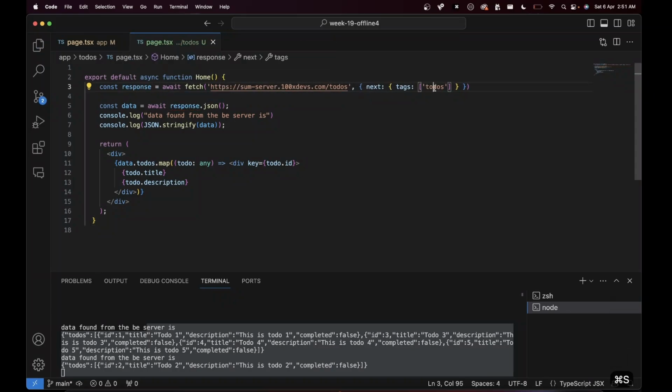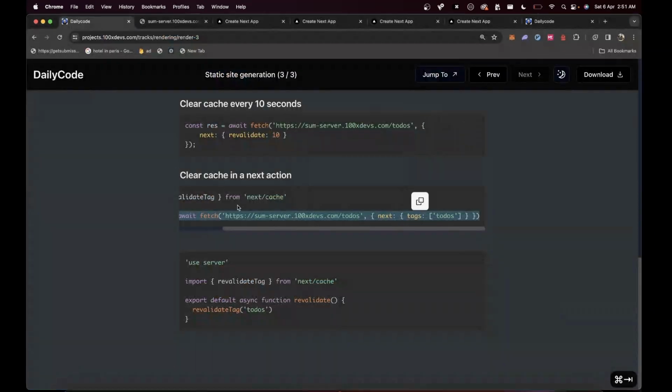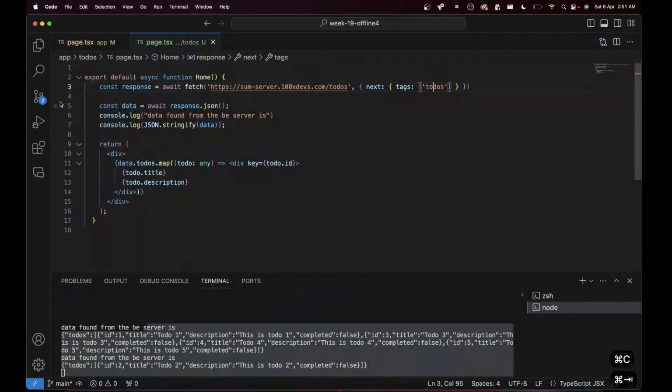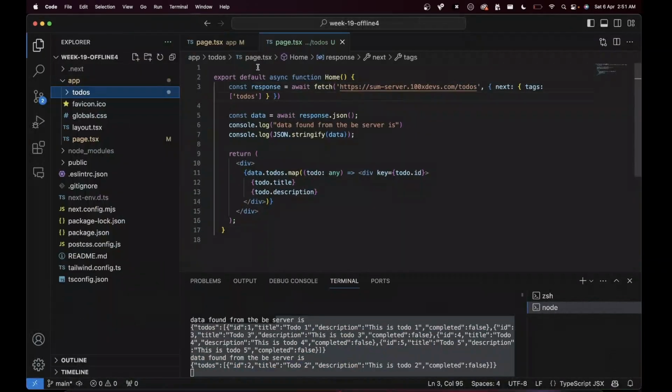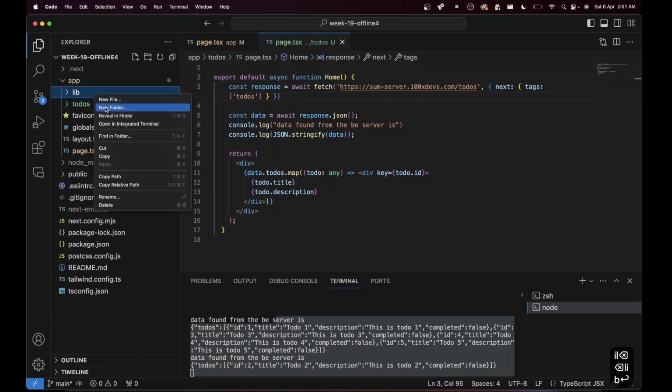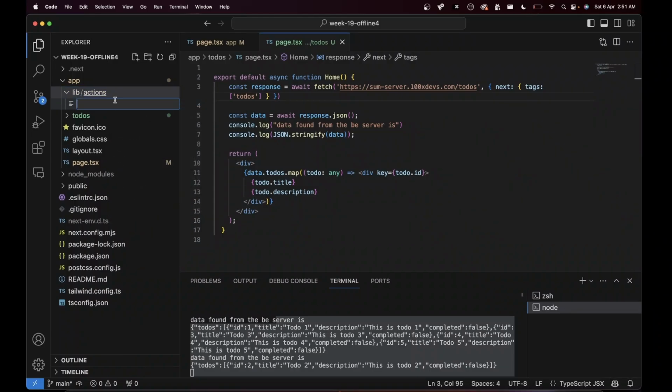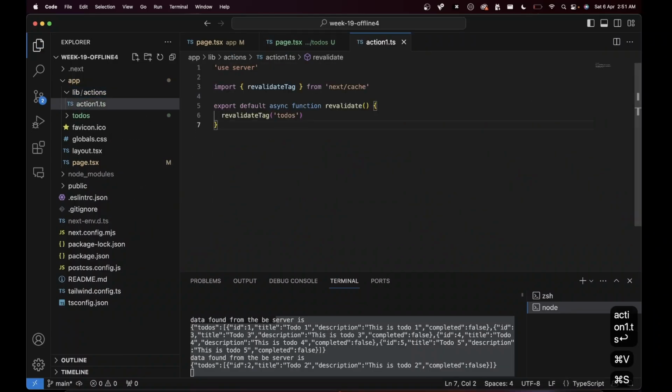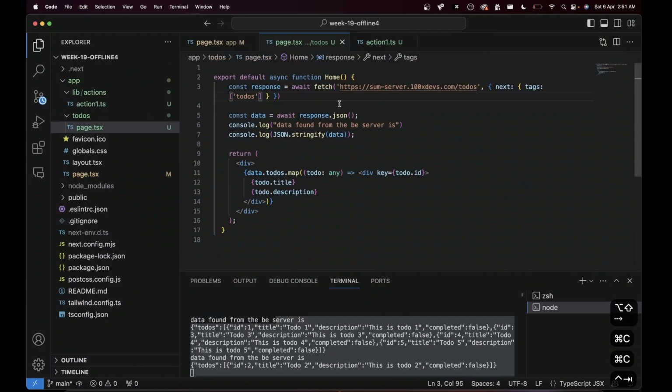Is tagged with to-dos, and then whenever you call revalidate tags, let me create a next action really quickly, even though I think we have enough battery. In lib, folder location doesn't matter, actions, and let's call it action1.ts. It's called revalidate. If I call revalidate over here itself,